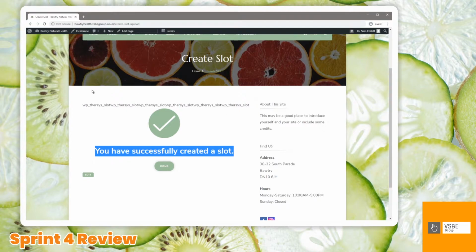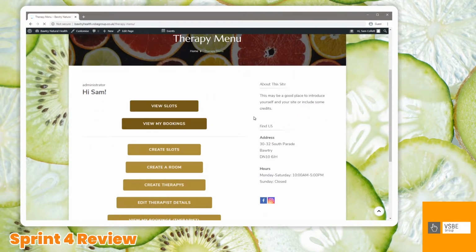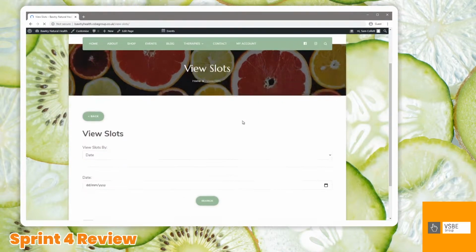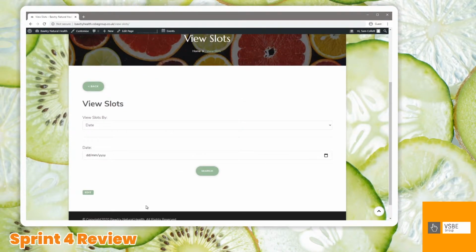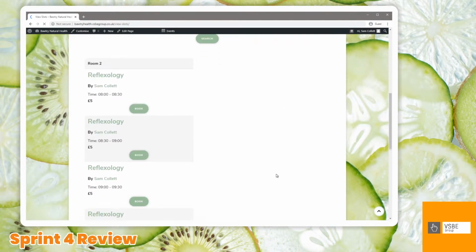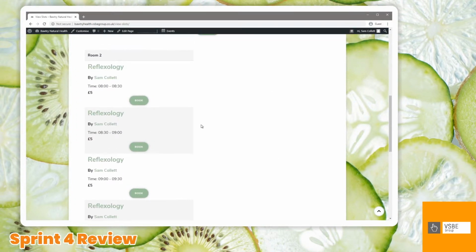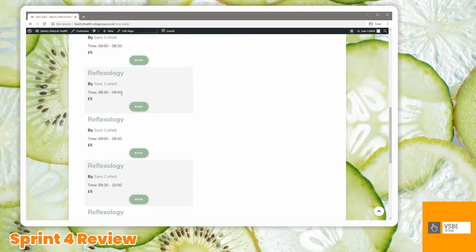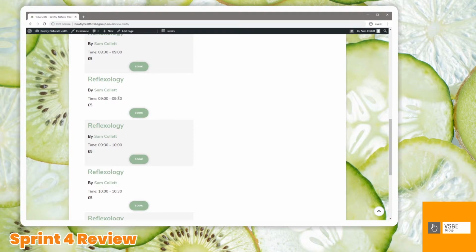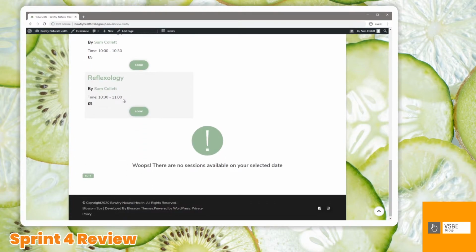This is just for testing purposes, this bit here. So if I have a look on slots on the 10th, so if you go to view slots, and it'll come up with the date, click the 10th and click search, you can see it's created 8 to 8:30, 8:30 till 9, 9 till 9:30, so on and so forth. So it's created them in half an hour increments,